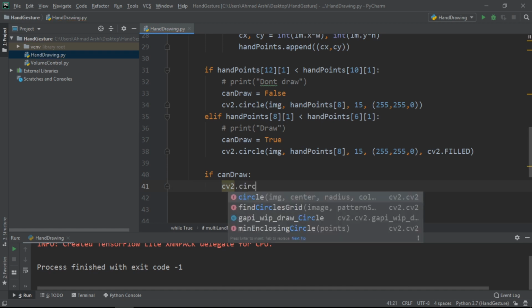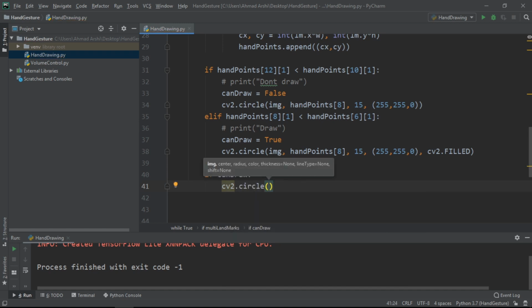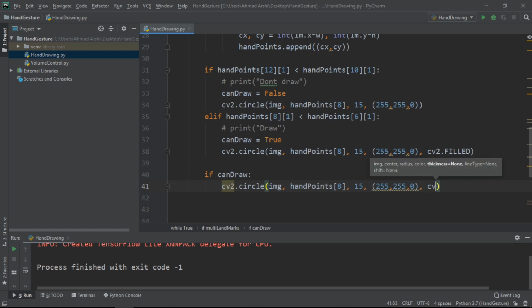We will be drawing a circle on the points on which we want to draw. We will be considering the image, and we want to draw on the points of this index finger of the hand. Then we need its width to be 15, and the color should be 255, 255 and 0. You can go for other colors as well. And then we need to make it filled, cv2.filled.